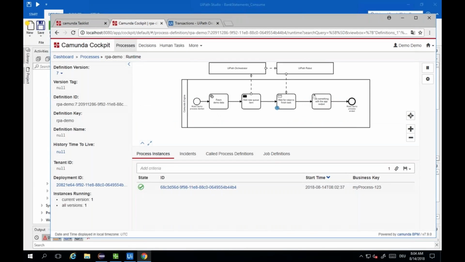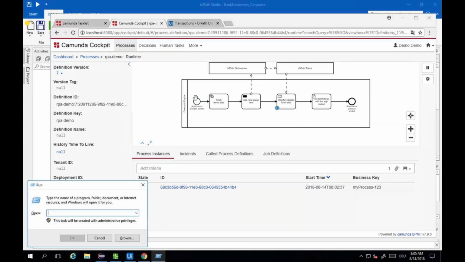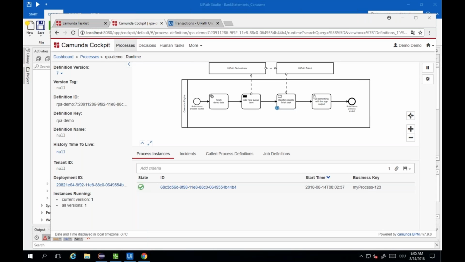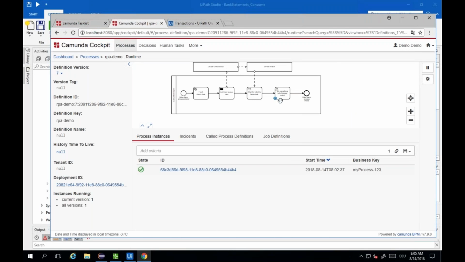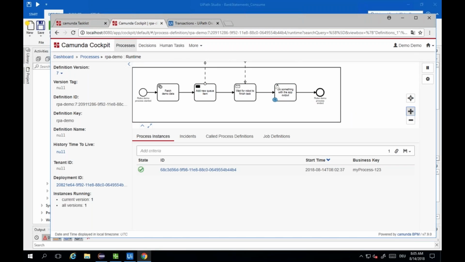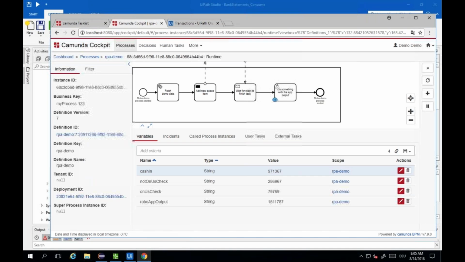And we can also see in Cockpit now that if I just click refresh again, that item obviously has been processed here. So we are now in the next step of our process. We can have a look into the instance and see that the app output here is now another variable in our process. So actually the robot sent us data back into the process, which is now available for further steps that need